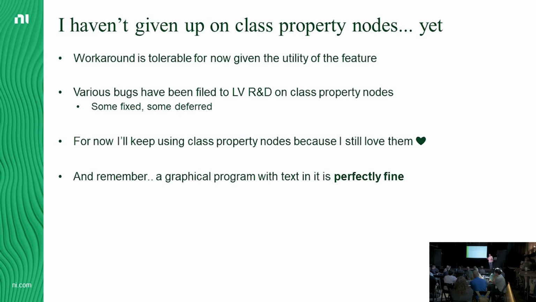There are a number of bugs that have been filed to LabVIEW R&D on class property nodes over the years. Some fixed, some deferred. I still like the feature enough that I want to keep it. And remember, your takeaway from this is: watch out for coercion dots, and text-based information on a graphical block diagram is perfectly fine, okay? All right, Act 2, App Builder